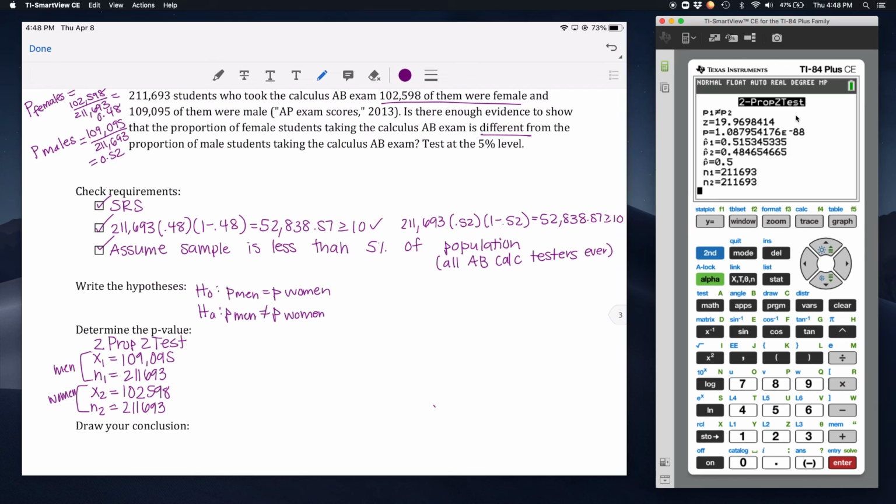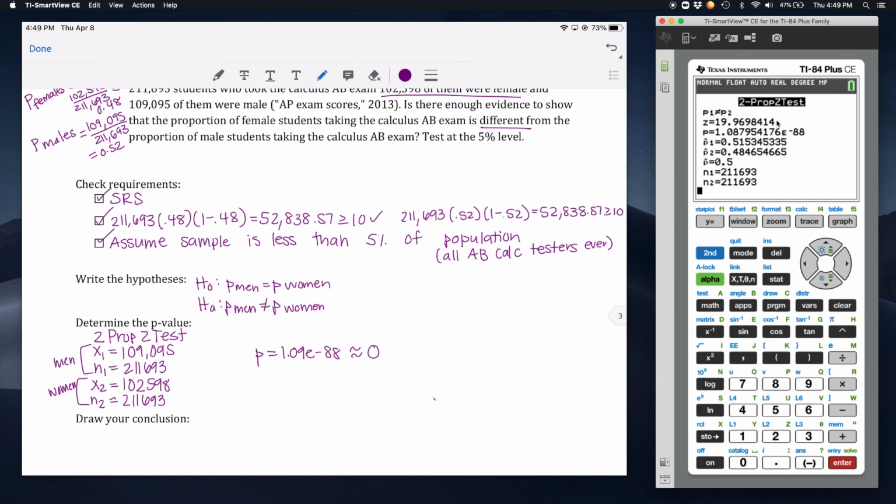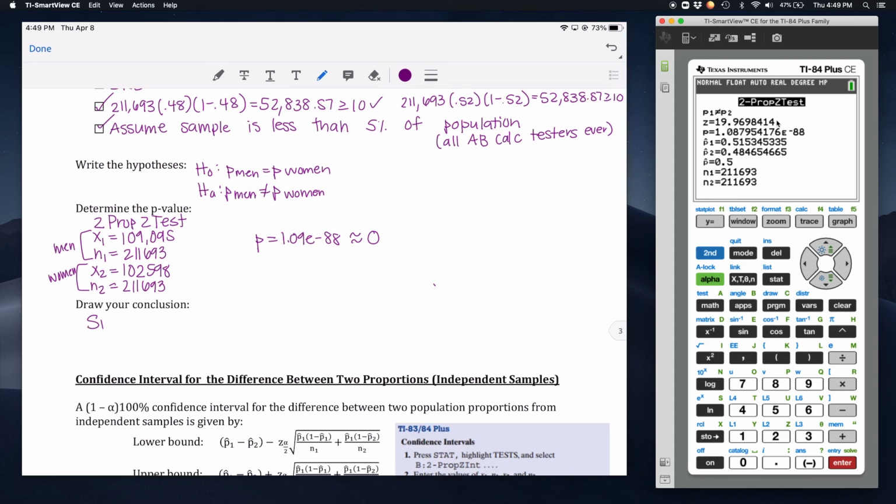Okay, this p-value is ridiculously small, right? So our p in this case, we get 1.09 e to the negative 88, which is in essence 0, right? Because that's saying that there's 78 zeros before that one. This number is 19, or almost 20 standard deviations away from the mean. So with that being said, since 0 is less than 0.05, which is our alpha for 5%, we reject the null